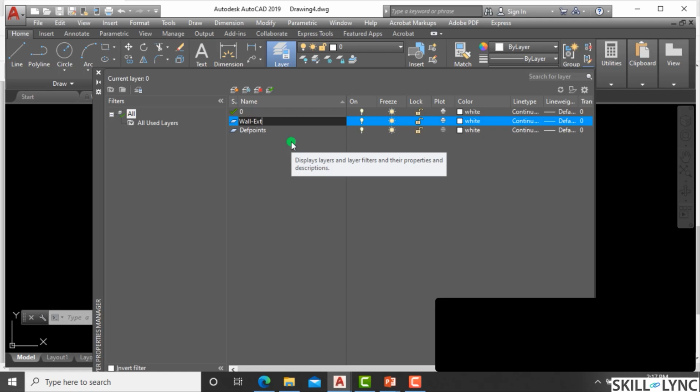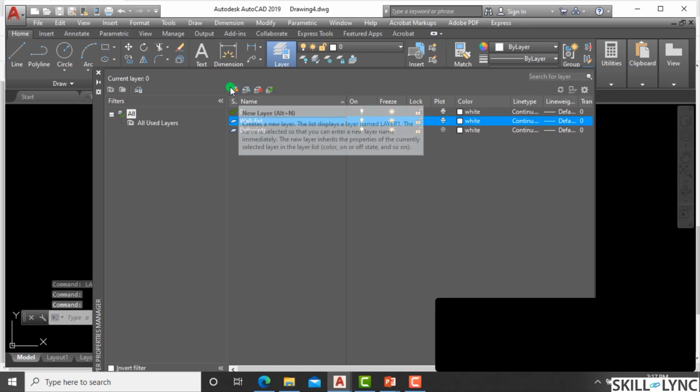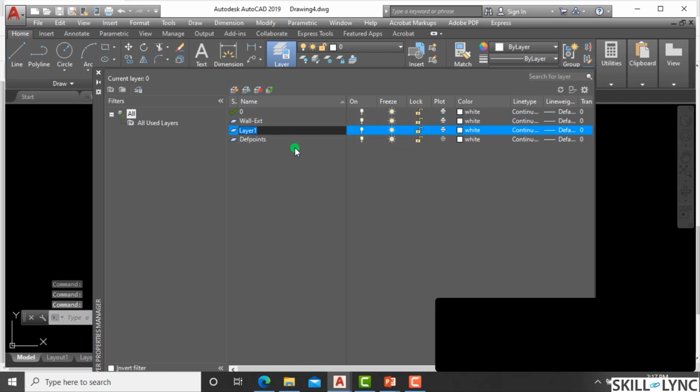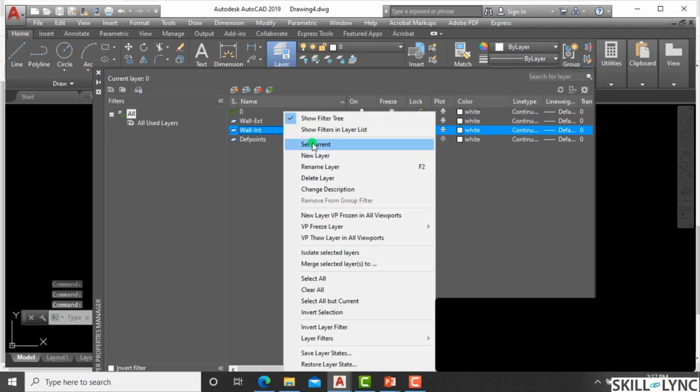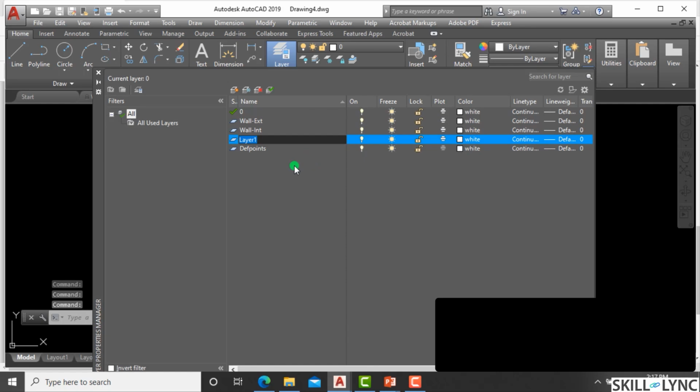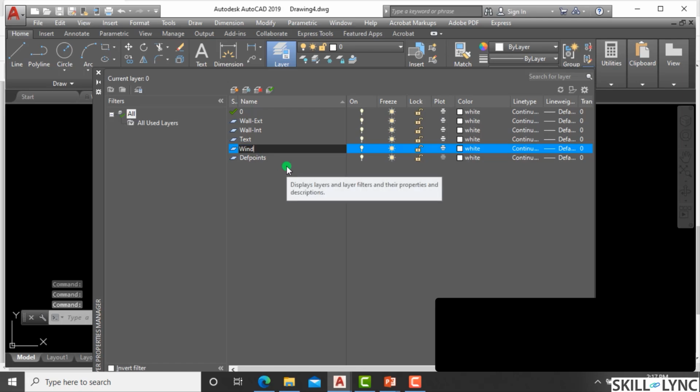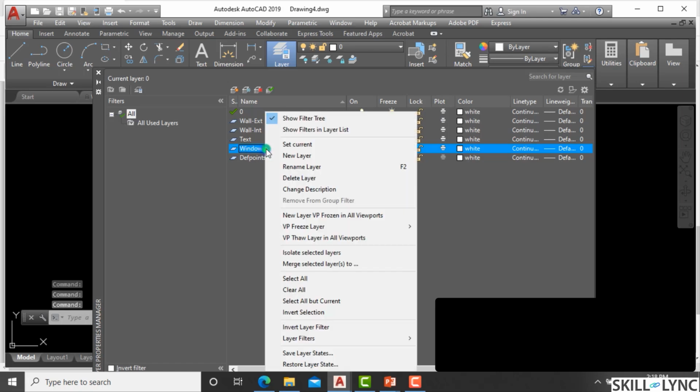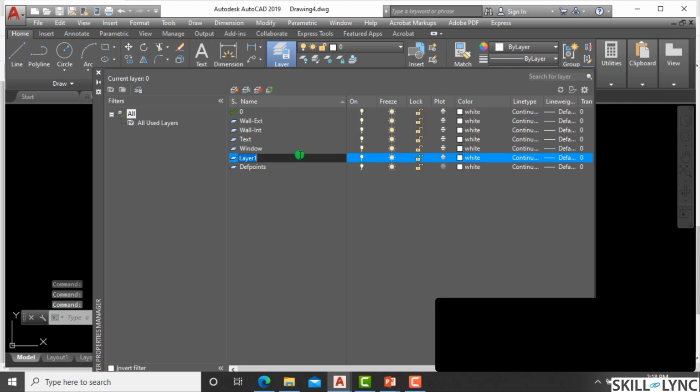So you can say ext. You can have another wall, let's say wall. Now if you want to rename it, right click, wall dash internal wall. Okay, then you have another layer, let's say text. Now you have another layer which is window. You have another layer, let's say door, and you have another layer, let's say